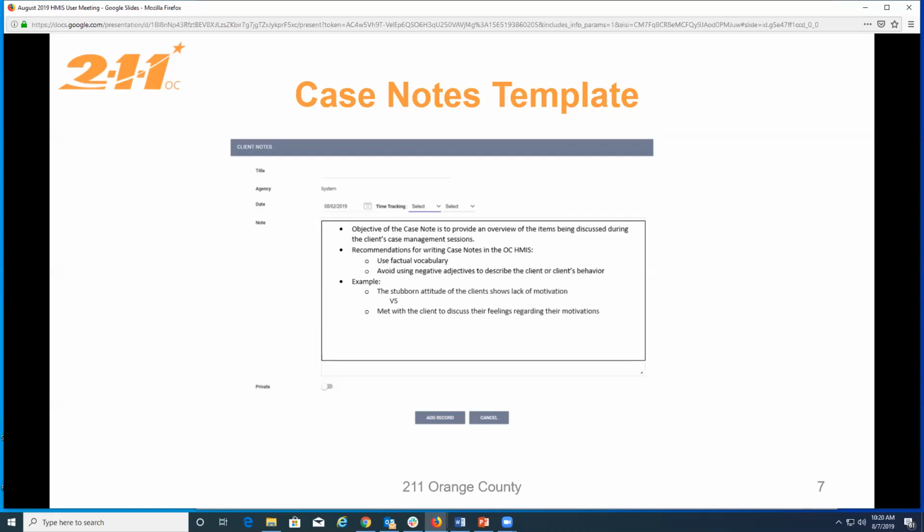The whole idea here is to avoid any predispositions. For example, if we have other case managers in our agency that work with that same client and they happen to come across that note, if I read a note like that, I would have a predisposition against the client, or I might have an initial bias against the client. So the whole idea is that all the case managers, the new case managers that work with clients, don't have any bad connotations before working with the client. So we want the case notes to be as objective as possible. And those are basically our more important recommendations. Any questions so far?